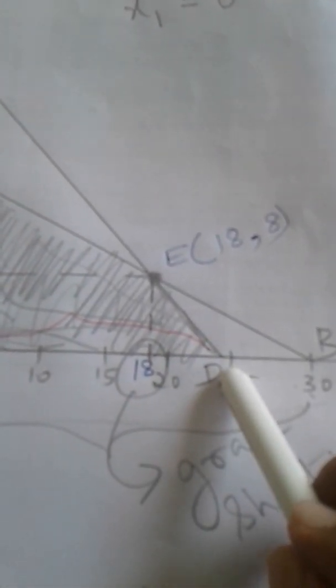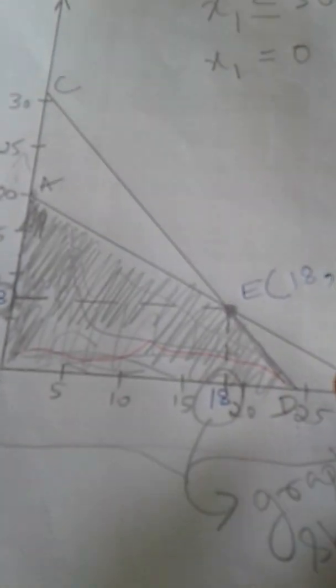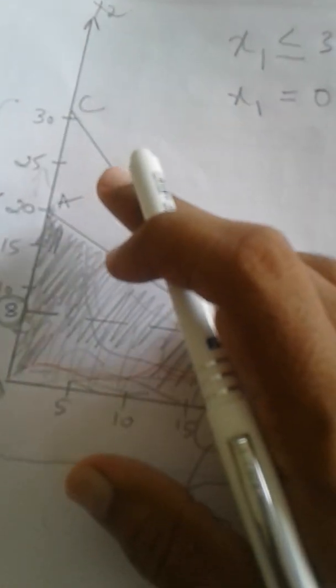Similarly, with the available constraint we can only manufacture 24 units of product A. We cannot manufacture 30 units of product A. Why? Because those many resources are not available. Both the equations can satisfy only x1 as 24. If we consider x1 as 24, then we can satisfy both the constraints. So that is the meaning of this. That is the reason only this area is being considered and this area is not considered here. If you have any doubts in this, you can ask. We'll just go ahead from here.